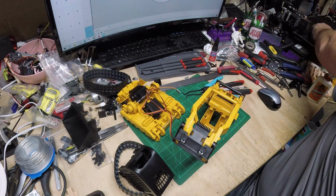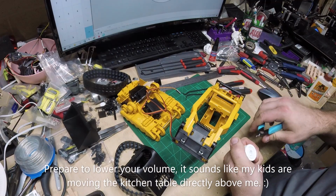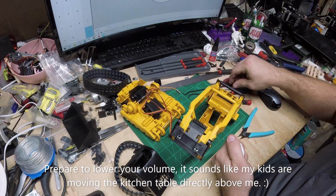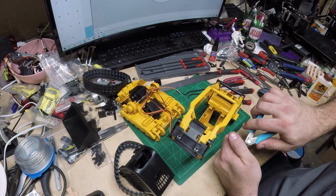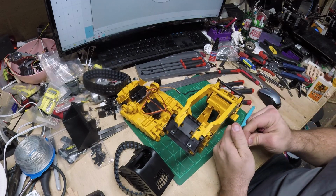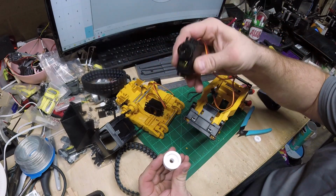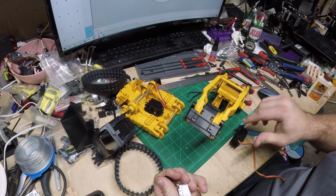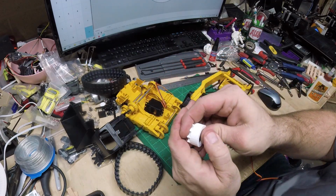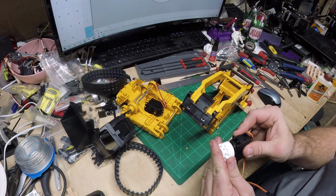Just to give you guys a sneak peek, I don't know if this will even work or not, but here is the prototype of the drive sprocket. I took a few dimensions before I started and kind of threw something together, so as I'm trying this, it will possibly be close to ready. Let me get the support material out of the middle of it. There we go. So here's the potential drive sprocket. It's made so that the servo horn will, if I just push that down inside there, I'll screw that servo plate inside that sprocket, and then I can bolt that on. There's a hole on the front side, so I can put this on my servo,